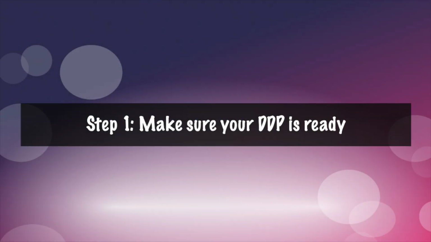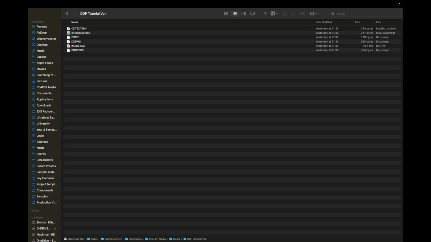Step 1. Make sure your DDP is ready. First, export your DDP from your mastering software or plugin. This could be something like Reaper, Hofer Burn DDP Master, or Sonoris DDP Creator. Not sponsored. Your DDP folder will usually contain files like these: